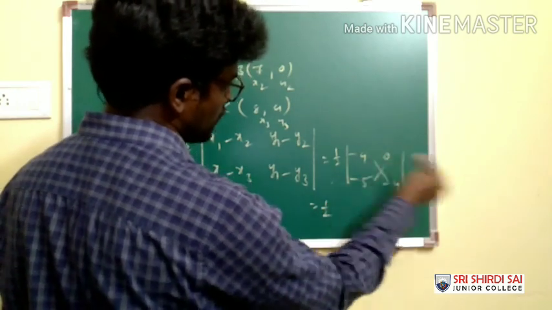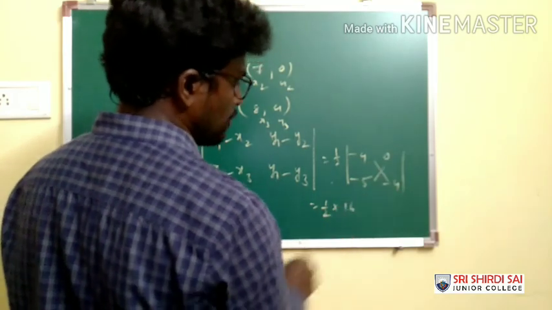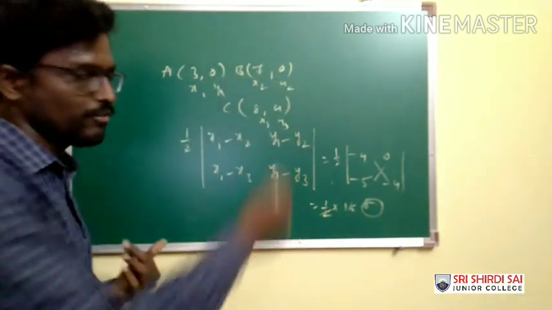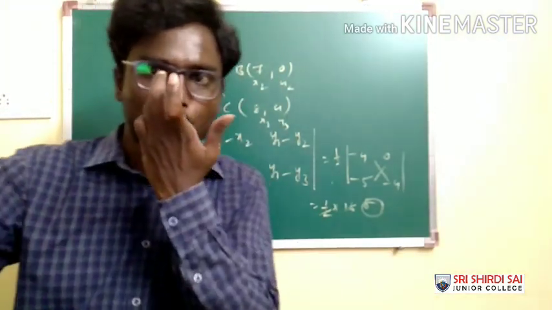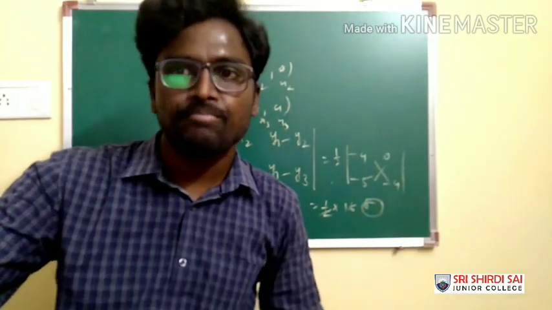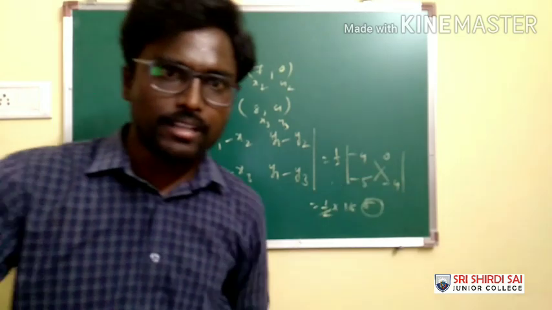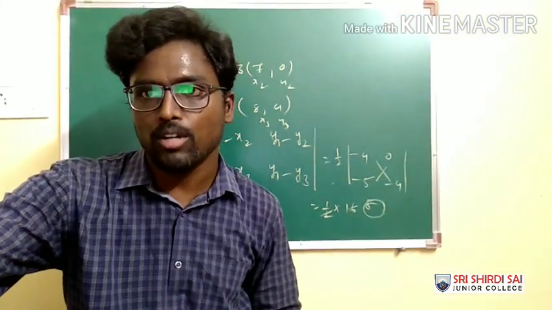The cross product between minus 4 and minus 4 is 16, and this is 0 plus 16, so you are getting half of 16, which is 8. So the area of the triangle formed by these three coordinates is 8, option C, in square units. See how simply we can calculate this problem. It is not taking more than 1 minute here. Fine. So for the 11th question, the suitable option is 8.